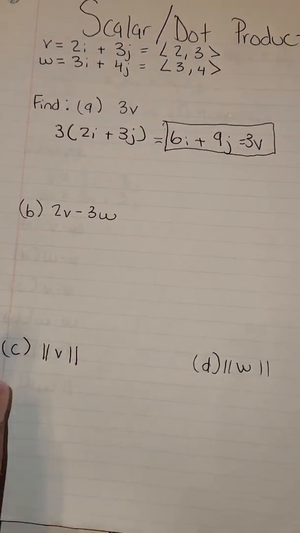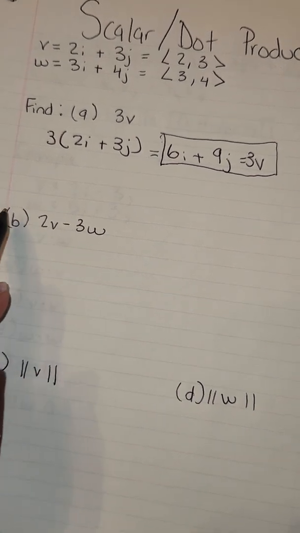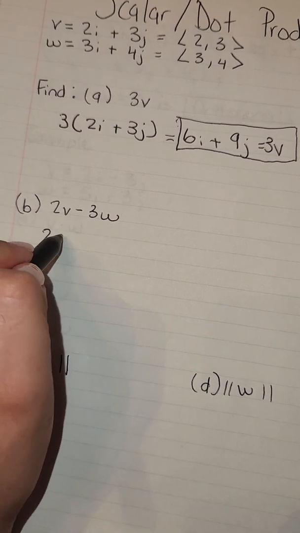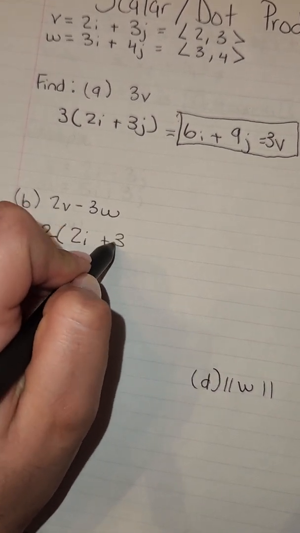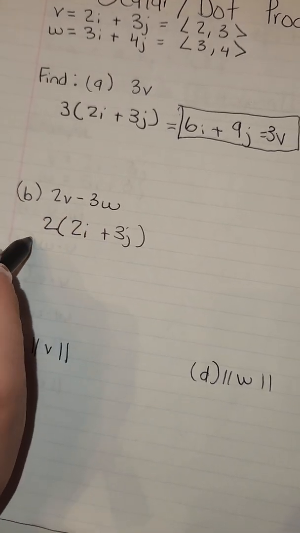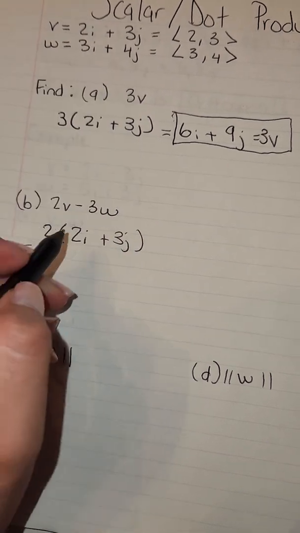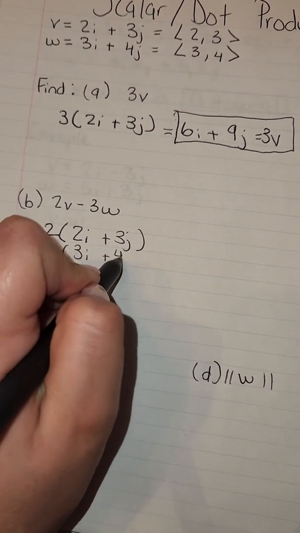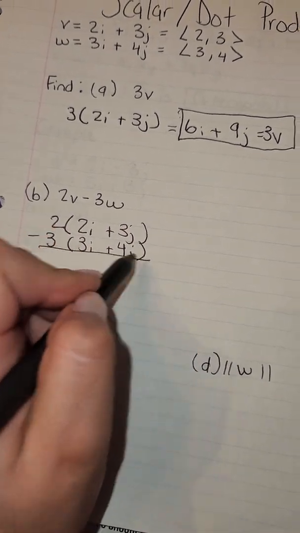Okay, the next one is 2v minus 3w. 2v, we're going to multiply. First, we have to set it up. 2v, 2i plus 3j minus 3w, which is, w is 3i plus 4j is equal to